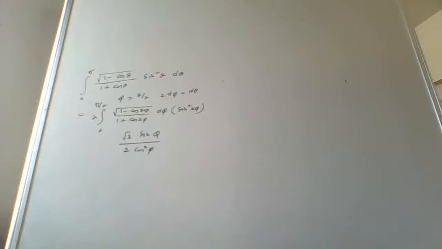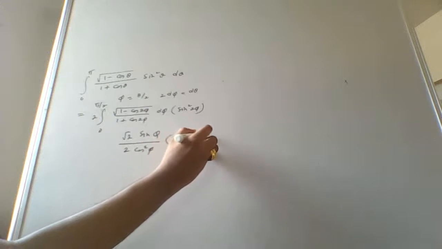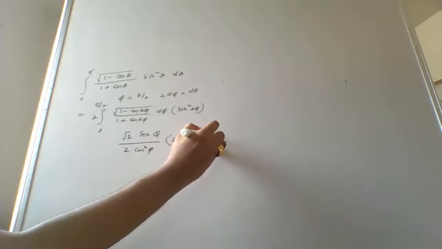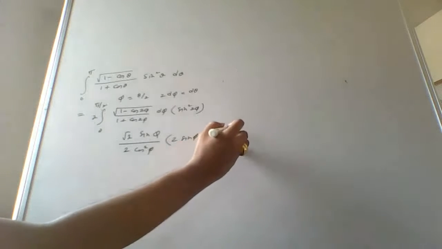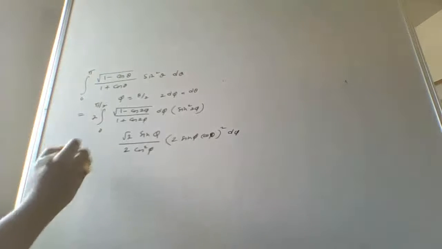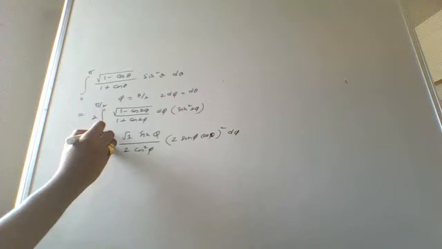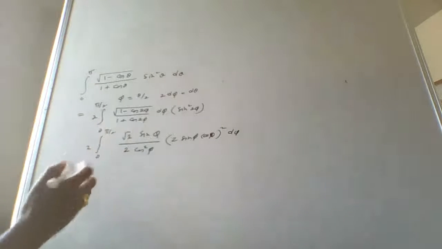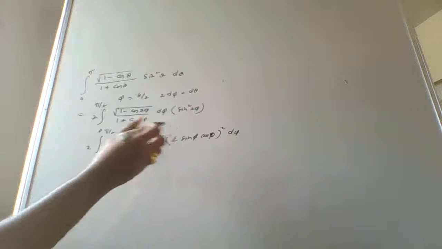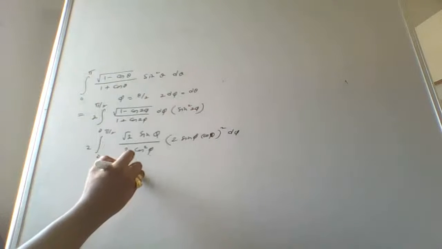Okay, so this again, I can write as 2 sine phi cos phi and would be whole square, and d phi. This is 2 times, and this is 0 to pi by 2. Now again, if I try to simplify this, 2 gets cancelled. I'll be left with 4 root 2